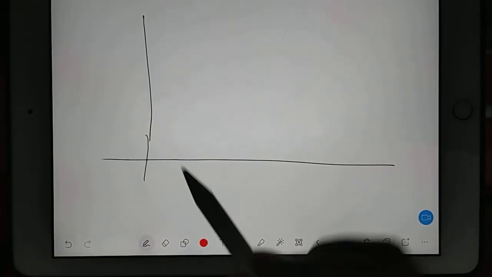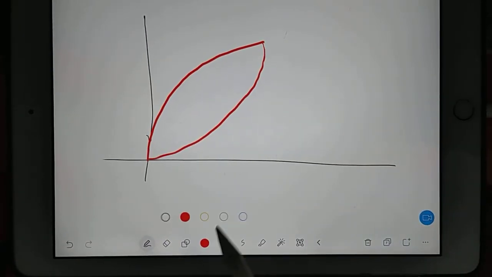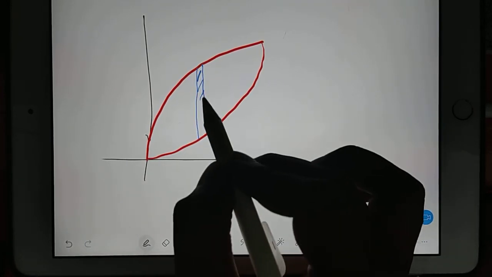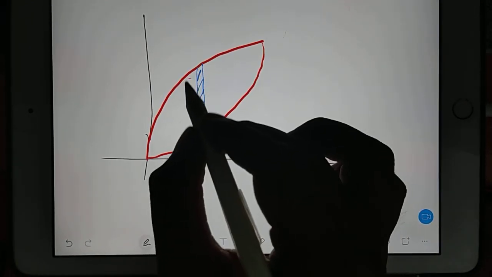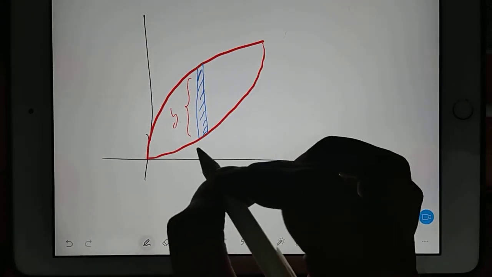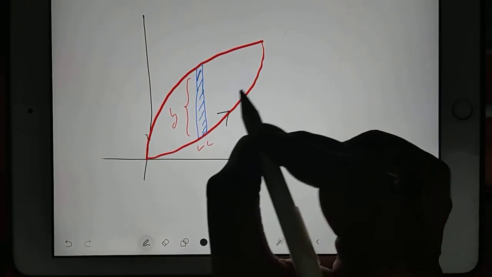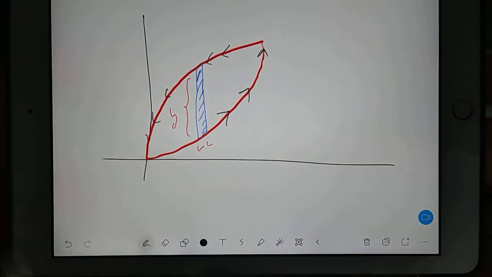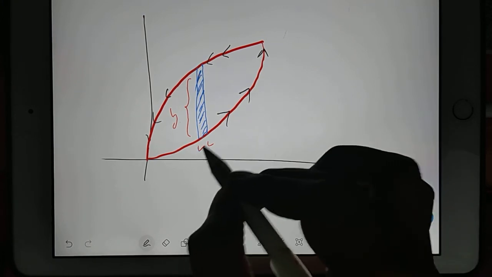So I am drawing separately. Now I am drawing the area alone. So this is my area. Now in this area I am considering one strip, one small strip. Okay. This small strip, length of y is starting from this curve, because I am considering I am going in this direction. So I'll go in this direction, then I'll come back in this direction. Okay. So I'm considering that this small strip, I am starting from this curve.